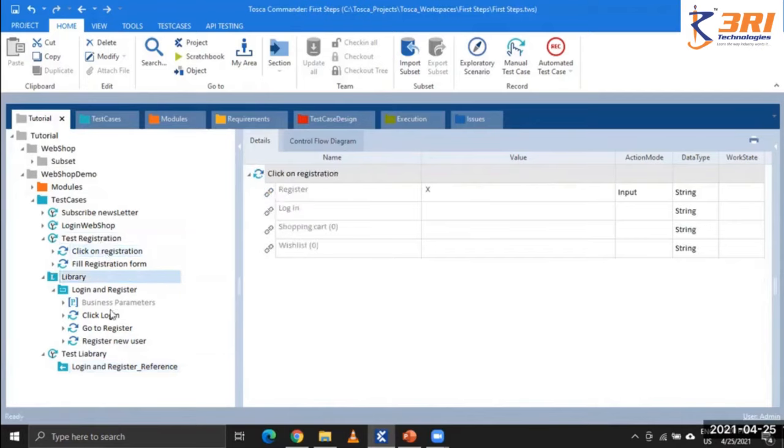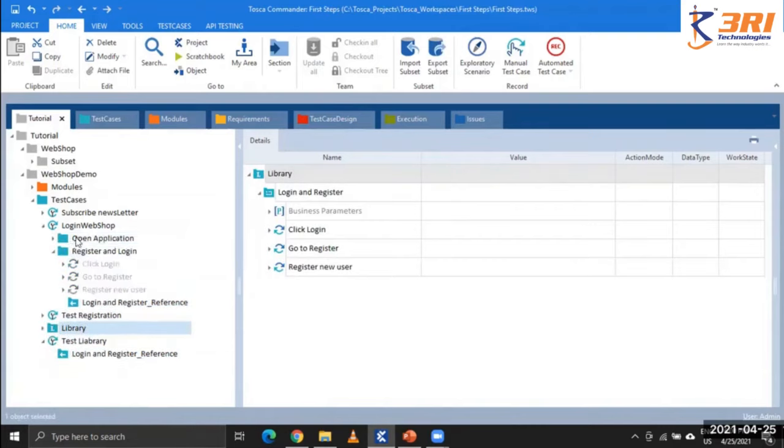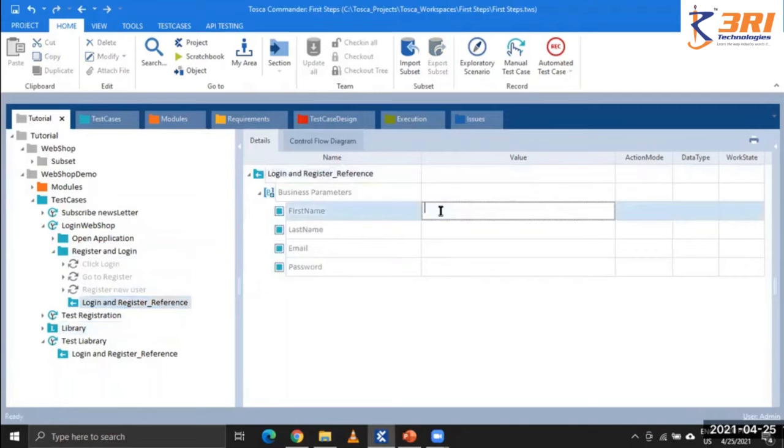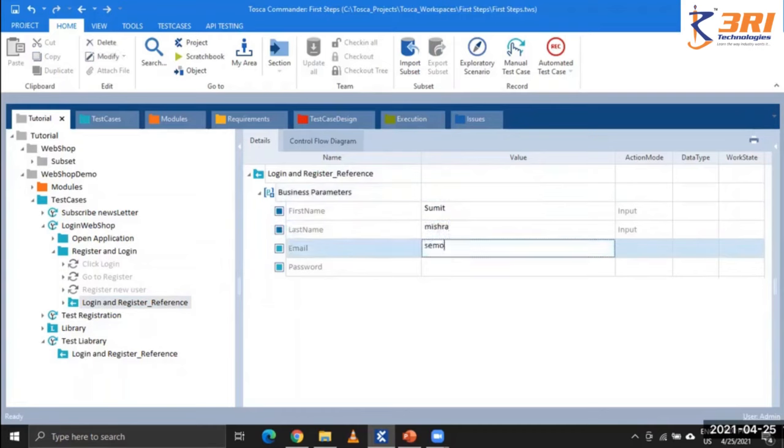So now I'm putting the information like first name as Sumit, email is demo,